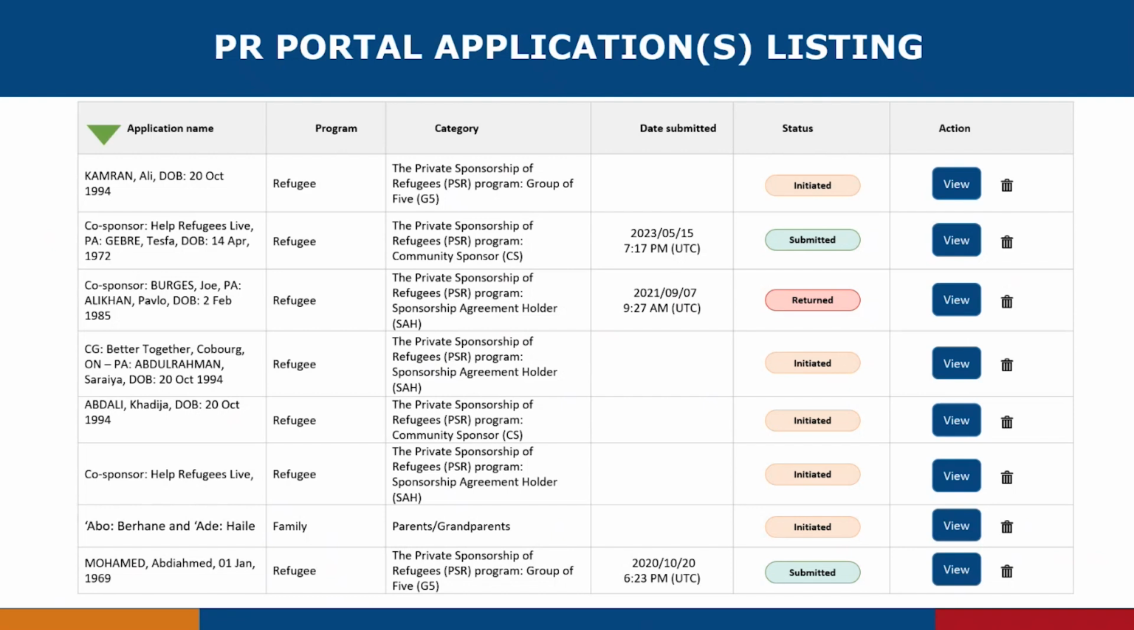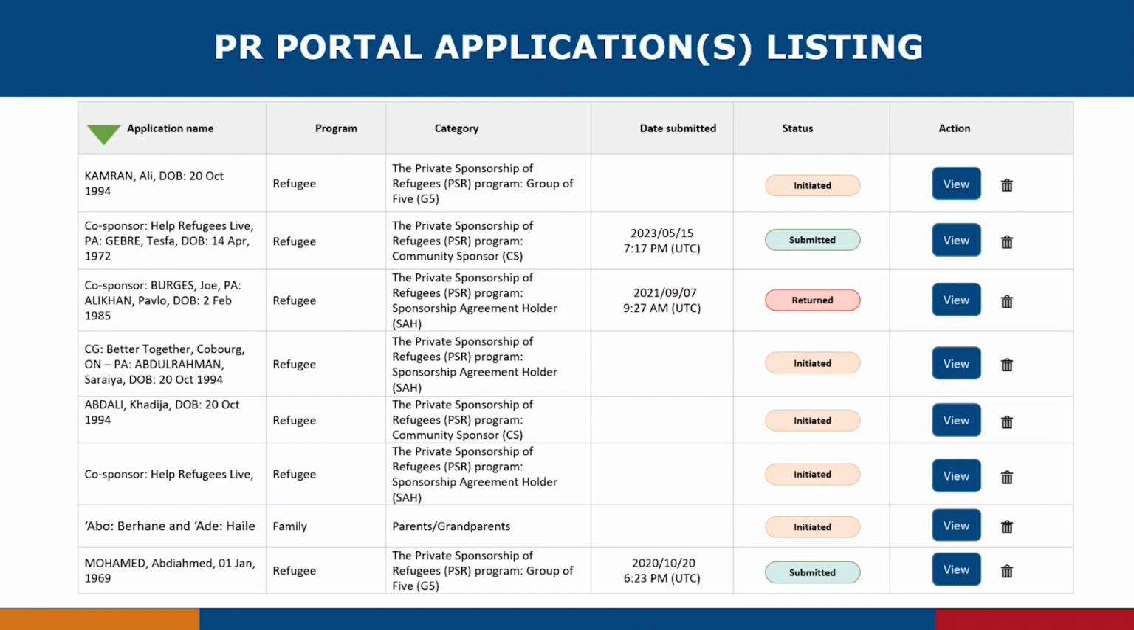Let's take a look at the type of information that portal users can expect to see in their listing of applications. The first column is where you will see the application name. This is a specific title which is chosen when the application is initiated. It will not be used for any other reason than to help you locate a particular application from within the listing. Choose a name for the application that will work best, one that will help you to easily identify a